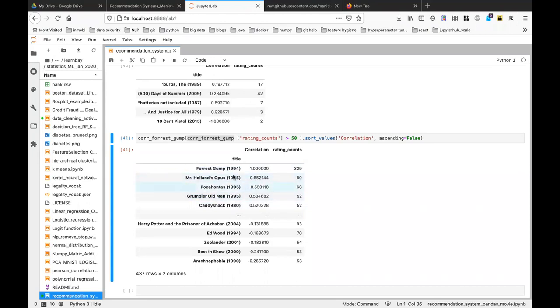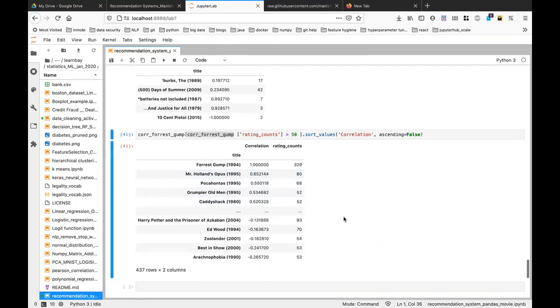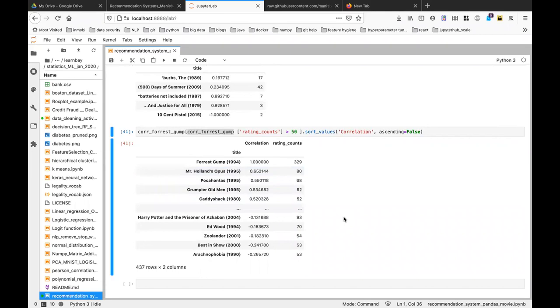Can you check that out? Do you see anything interesting in the top 5 here? Out of 1995, yes. So the good thing is our recommendation is basic, but still powerful enough to figure out that Forrest Gump is from 1994, and the recommendations are coming from around that time.